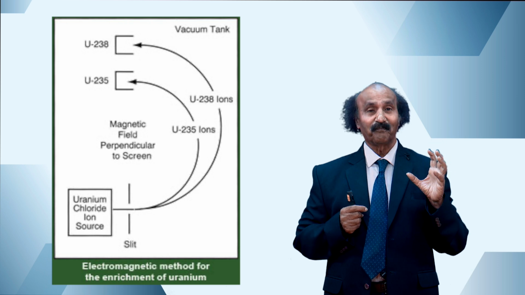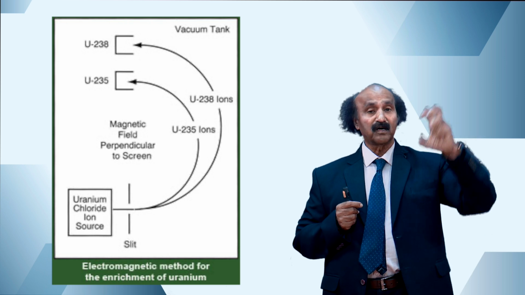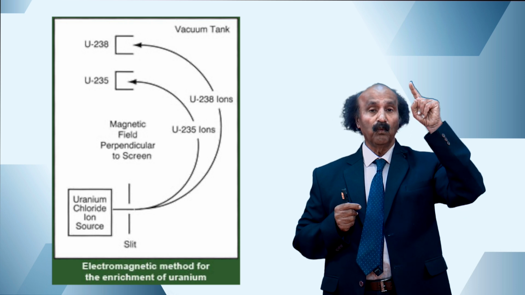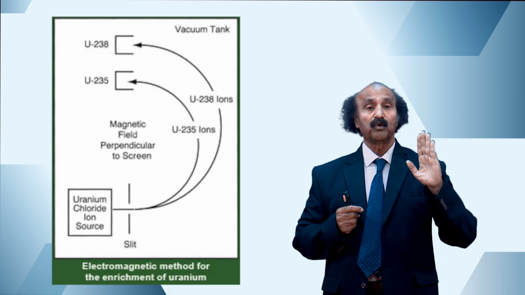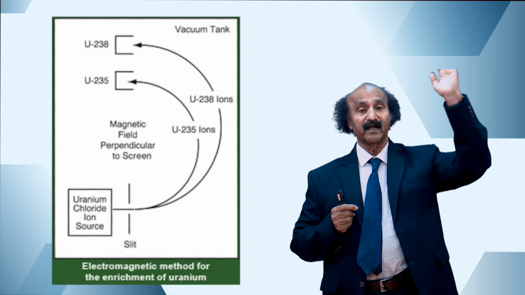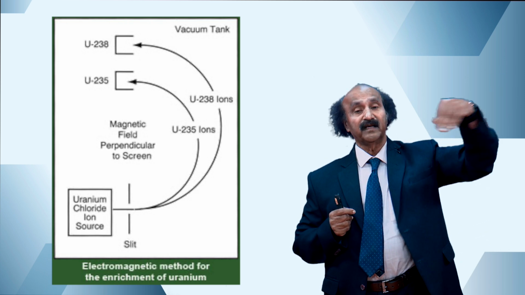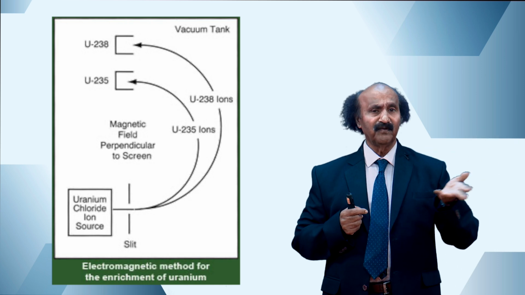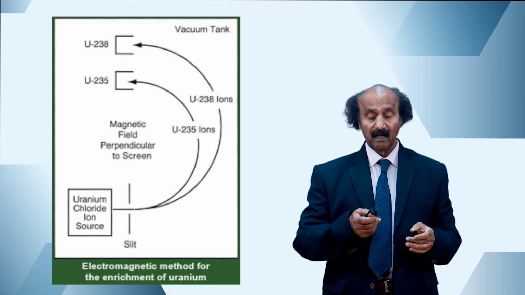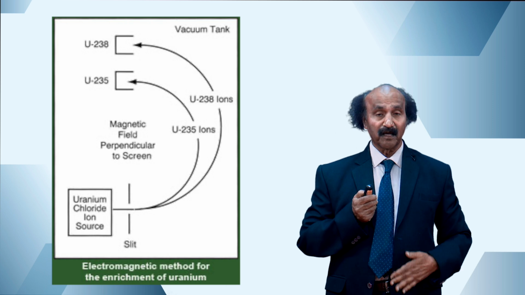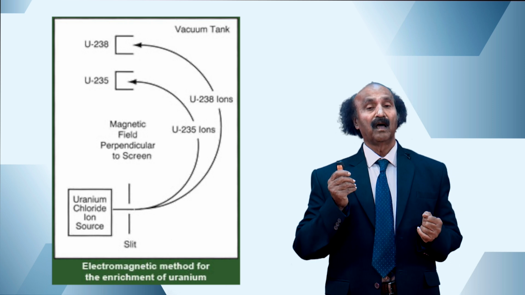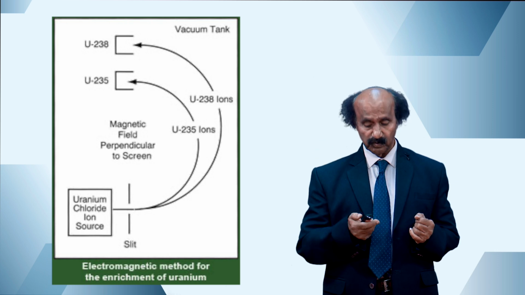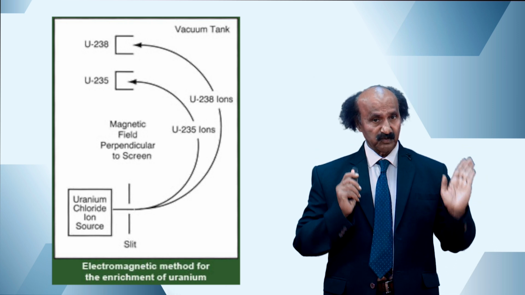And then if you have plenty of photons, you have to focus on the isotope and separate or kick out only one kind of isotope to a higher energy level, still higher energy level. Eventually it gets ionized, and once it is ionized, you apply an electric field or magnetic field and take it away. That is all that is being done. This has very great application in atomic and nuclear reactors and also weapons. We would stop at this one.